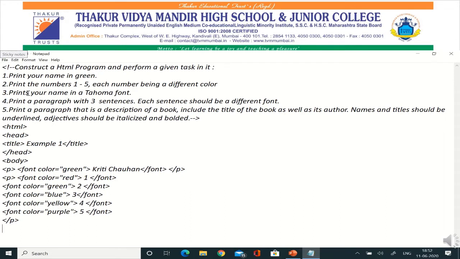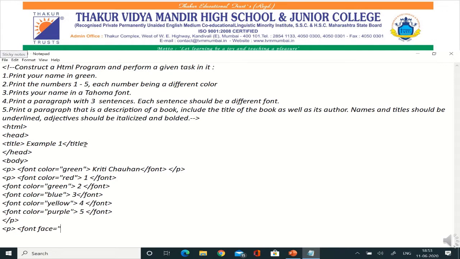Now next, question number 3, I have to change the font style. I need the font tag. Along with the font tag I need an attribute, but this time the attribute will be face.